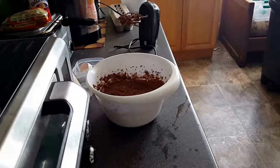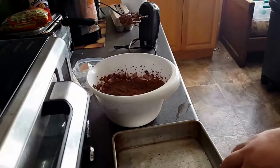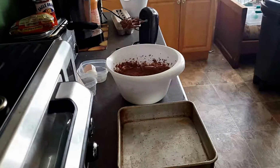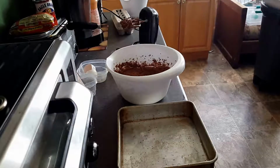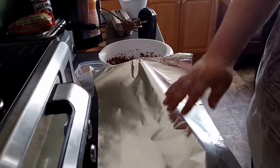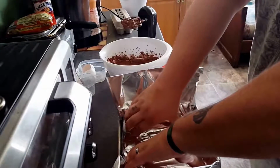And what I like to do is, because we're going to be adding fudge on top of the brownies, I'm going to take my 8x8 pan and double line it with aluminum foil. So once everything's done and cut, it'll come out very easily out of the pan, so you can slice it perfectly. And what I mean by double layering is you do one layer this way,